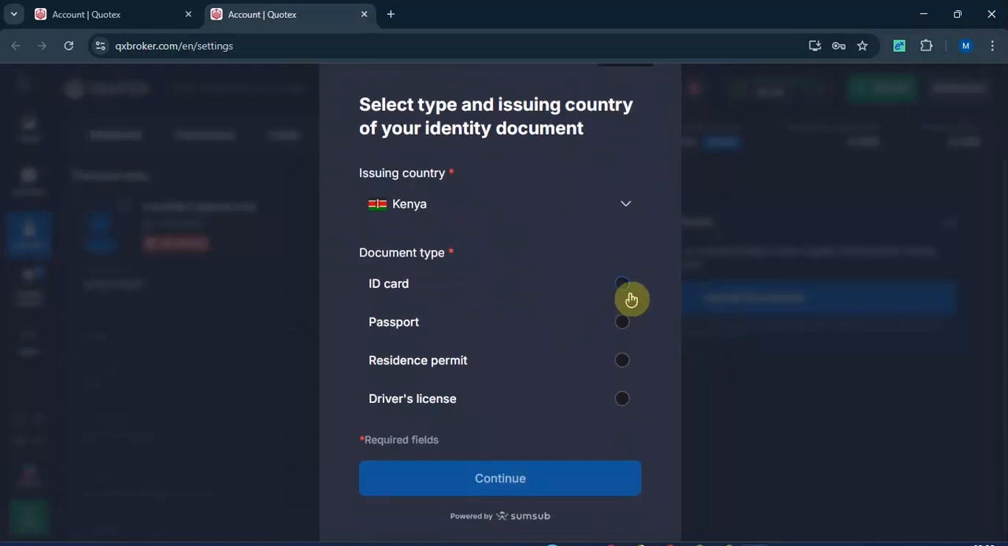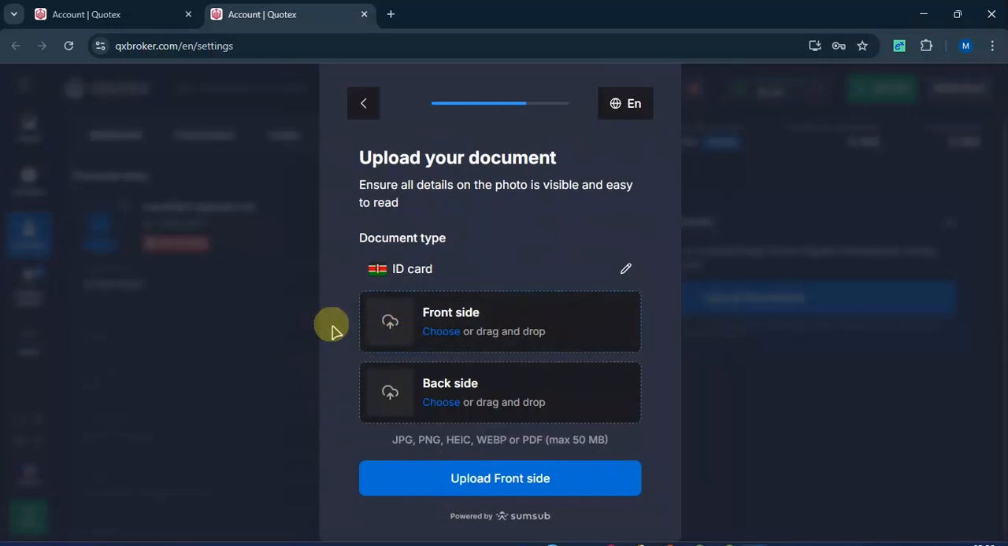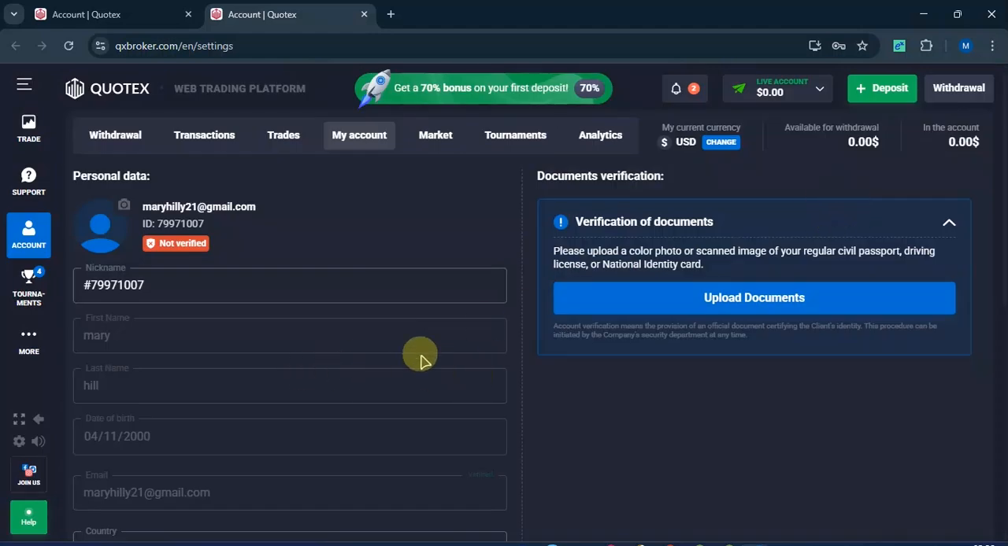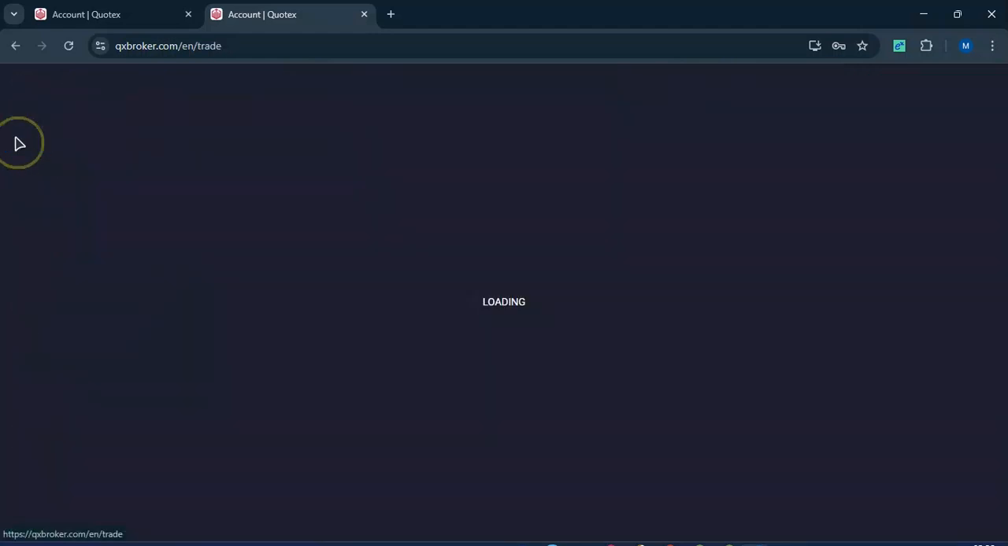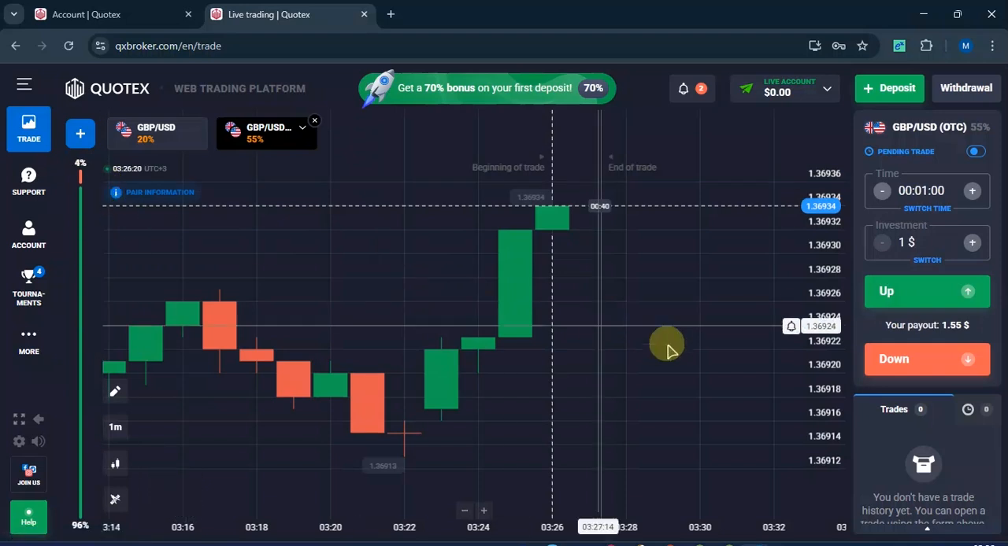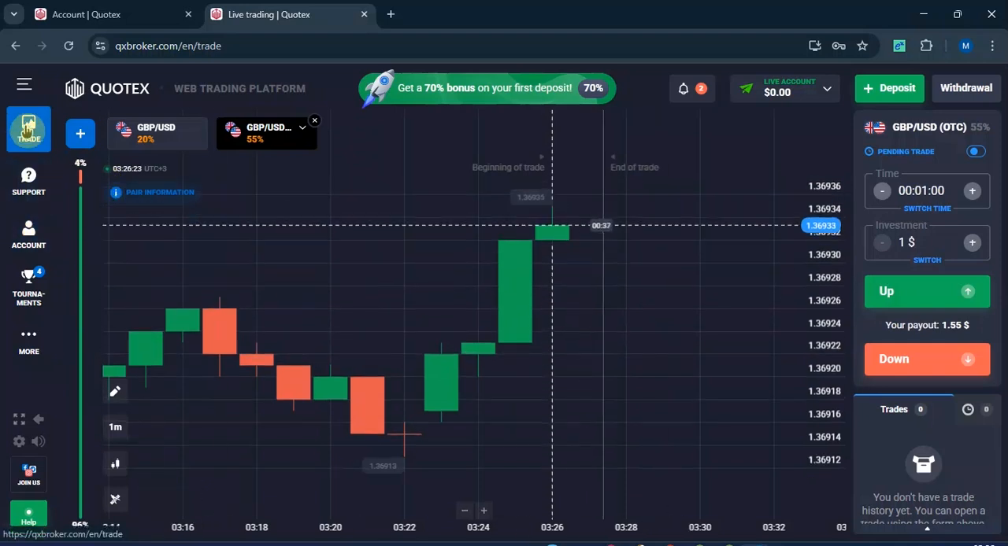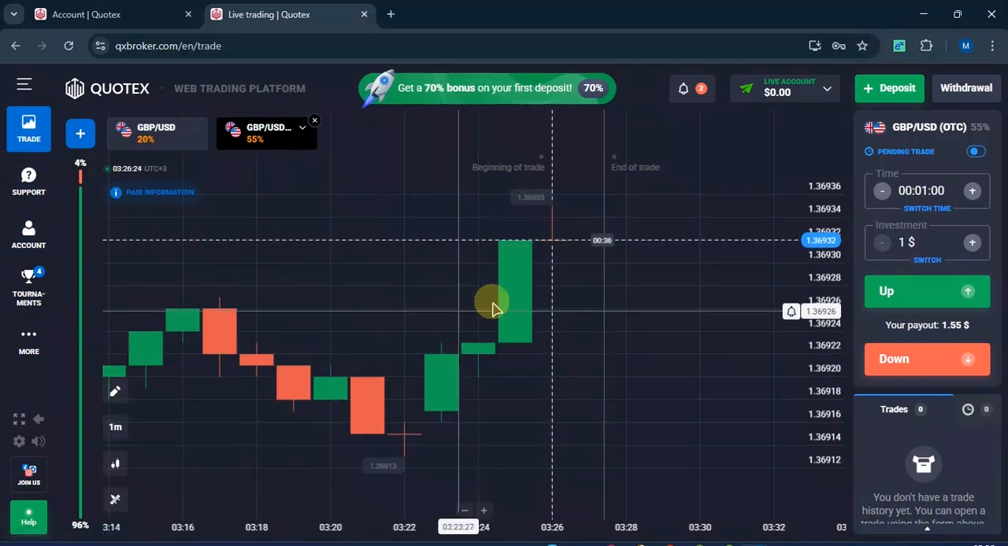And here you just need to select the document that you will be uploading the details. So here you just need to upload an image, a front side and then the back side. After that, click on upload and then they will be verifying your account. So I just proceed. When you want to trade, you just need to select here, and here you will have